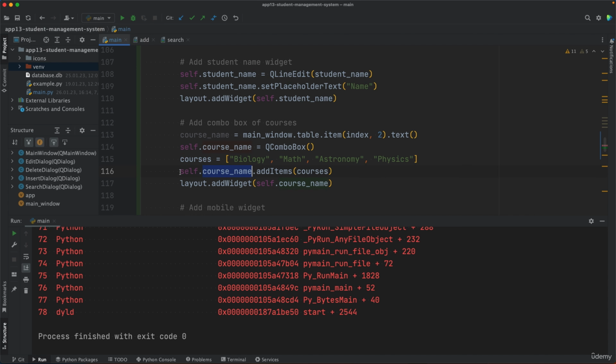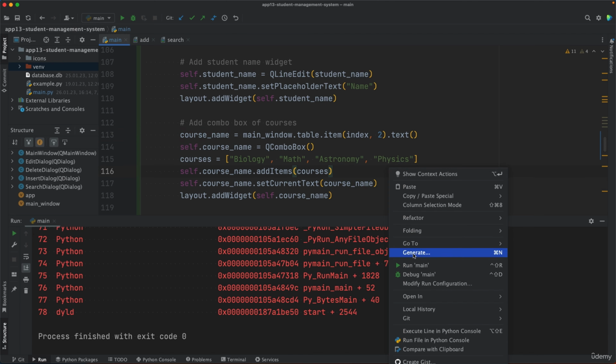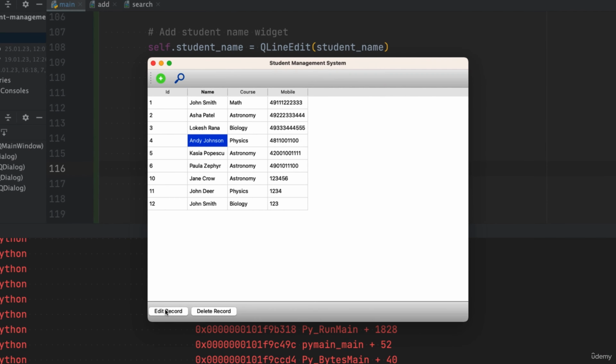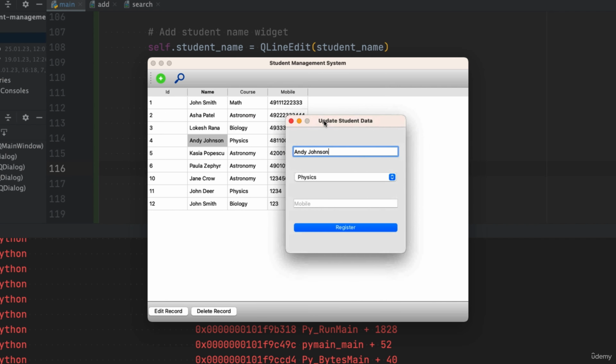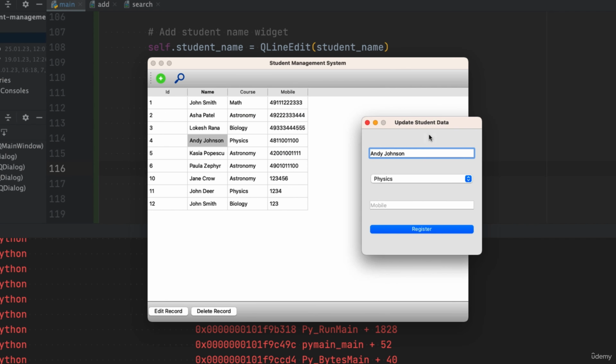So the combo box is represented by self.courseName, right? And this is another variable. This is just a local variable. This is the attribute. So these two are different entities. Don't confuse that, right? So then we say self.courseName, so the combo box, and we access the set current text method, which expects a string, and the string is course name. So there we go, and that should select physics for Andy Johnson, for example. So physics was the course Andy Johnson is enrolled in, and that is the selected default item in the